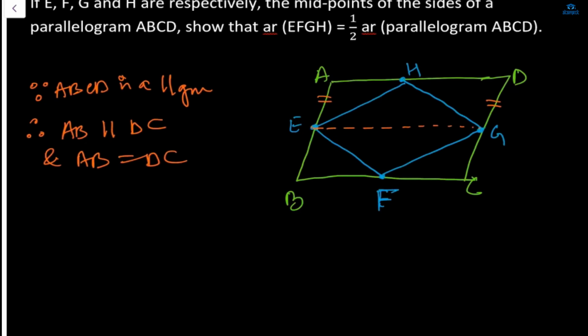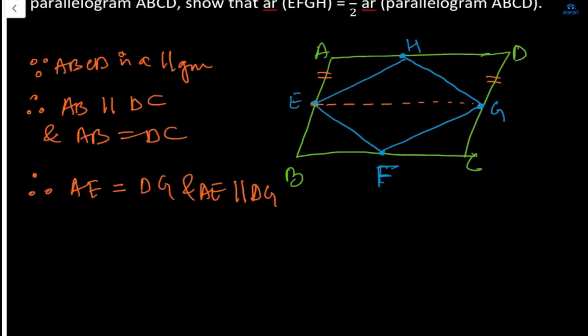Therefore AE will be equal to DG, and AE will be parallel to DG because it's just half, a part of AB, so it is parallel also. AB is parallel to DG. Okay, now therefore what will happen,